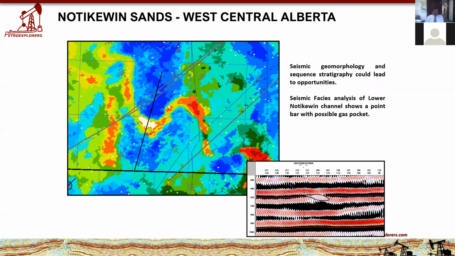That example goes into another example on Nautican sand in west central Alberta, where you can clearly start looking at the meandering system within Nautican, like another channel coming here. When you go through, you can see that there is possibly sand accumulation based on the meandering understanding of the geology. So you would start interpreting geology more like a geologist looking at the derivatives rather than seismic amplitude mapping, which may or may not reveal all the details of a system,